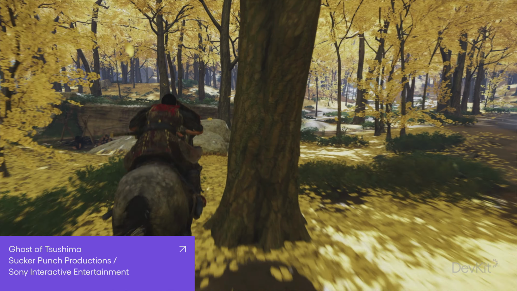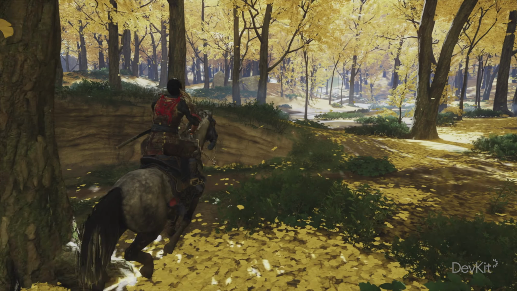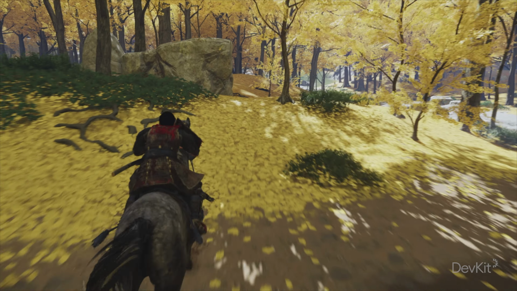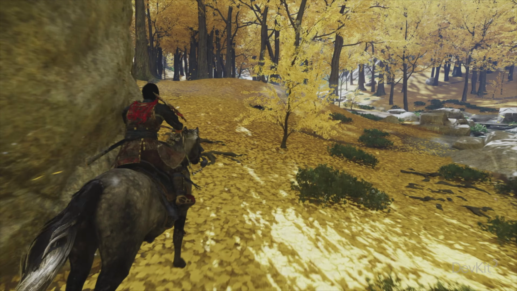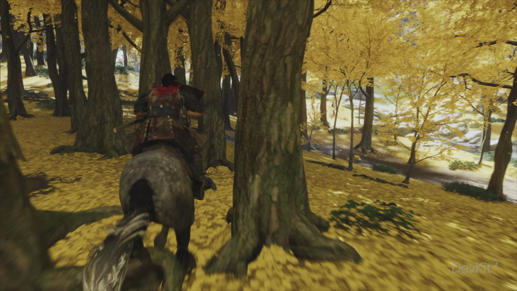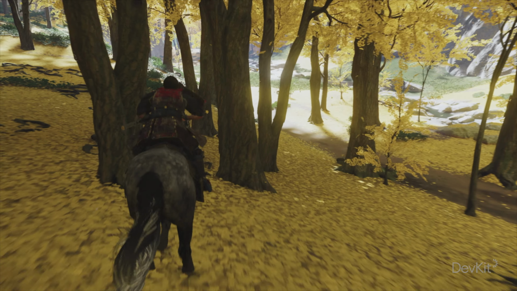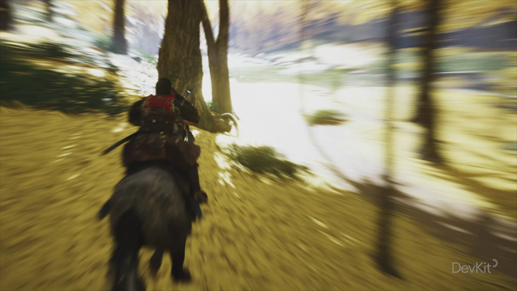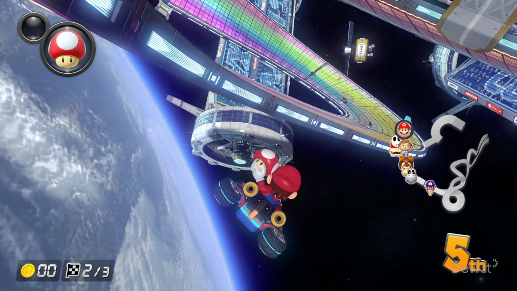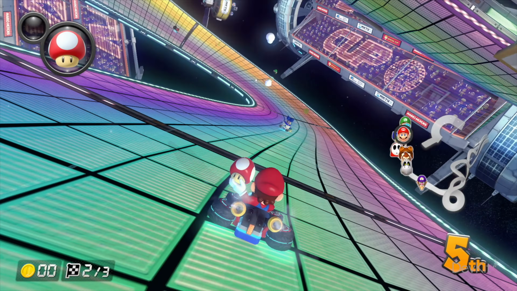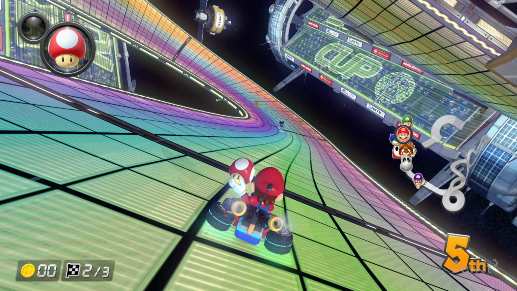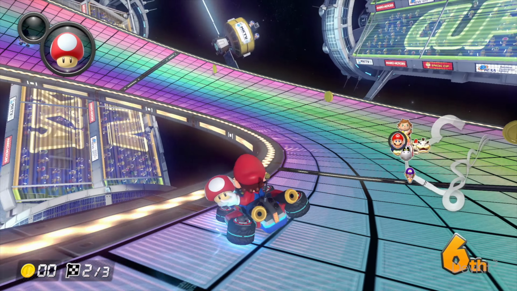In a similar way to this, you could also have an option to alter the path of the player to avoid obstacles or areas that might slow them down. If the player is going to collide with something and might not be able to move an analog input quickly enough to avoid it, have the player automatically steer around it. In Mario Kart 8 Deluxe, enabling smart steering will mean that when the player nears the edge of the track or an area that will slow them down, the smart steering will activate and alter the path of the player to keep them on the track.